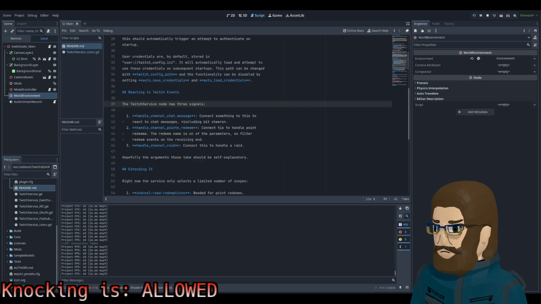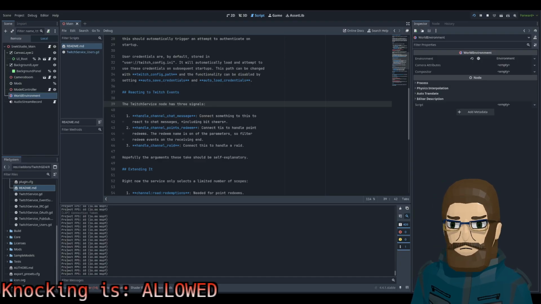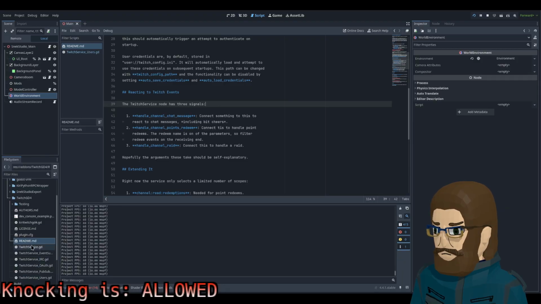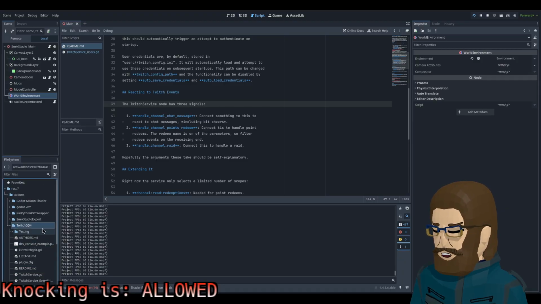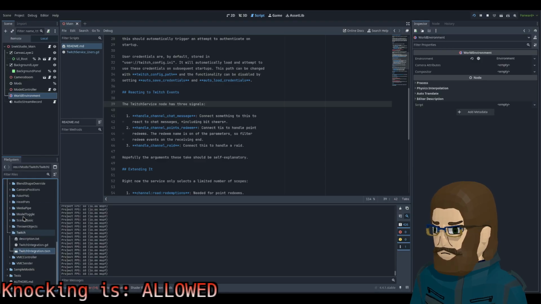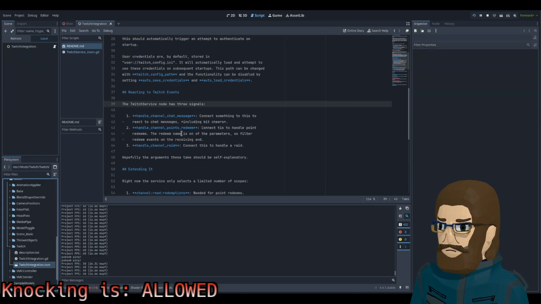So we have mods, Twitch. Are these all in GD4? However, so mods, no, because this is okay. Maybe this isn't what matters here, because this is like integration, and then the mods are the thing. So I assume they're all under here. Which, okay, well, no, that's the whole. Okay, well, if we open it,